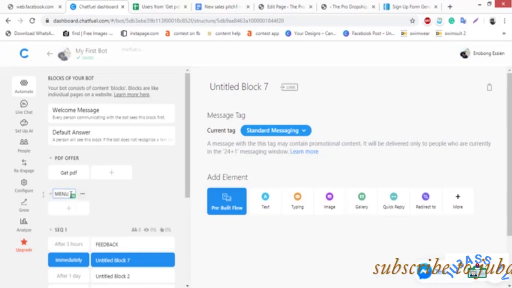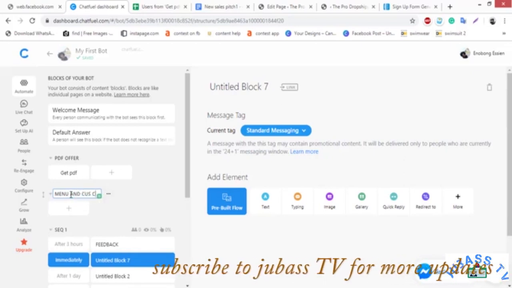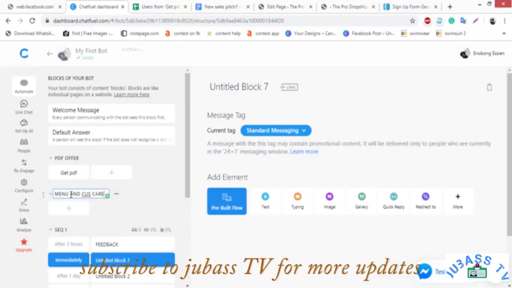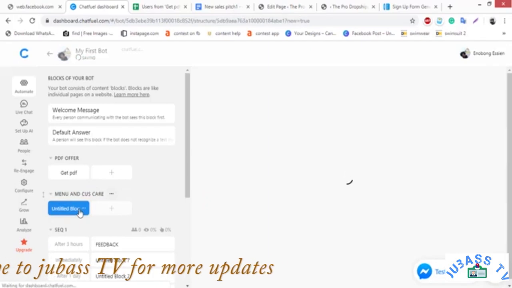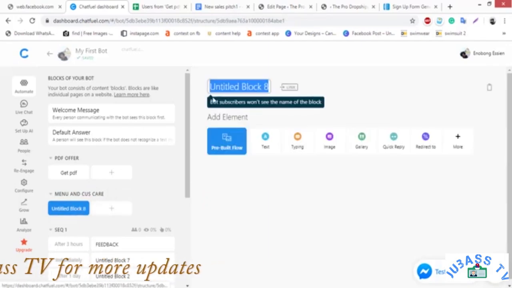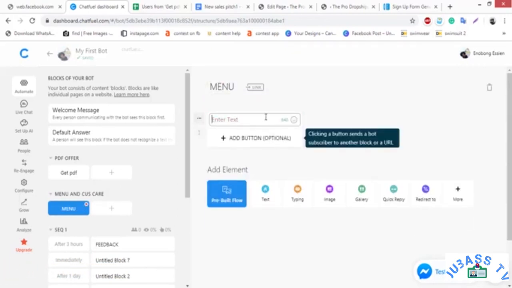Menu and customer care. Okay, so in this group you will create blocks. This is the menu. This is your menu, where you ask them things like